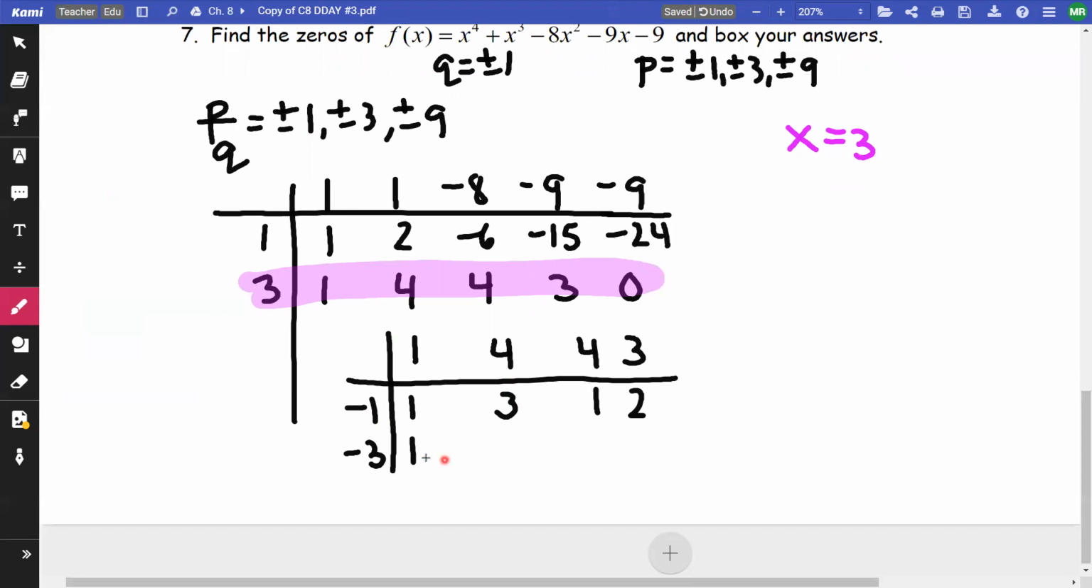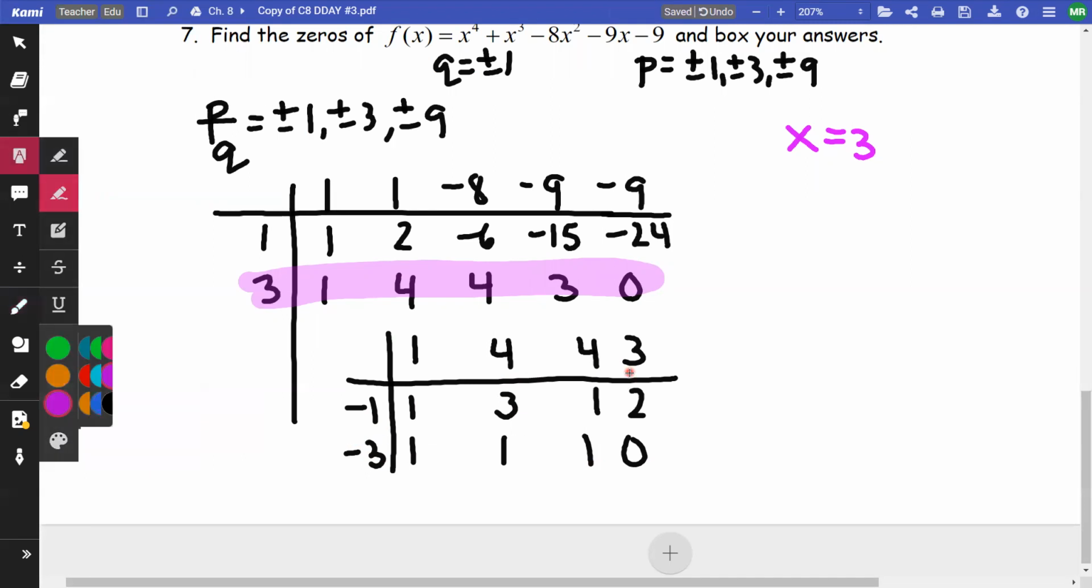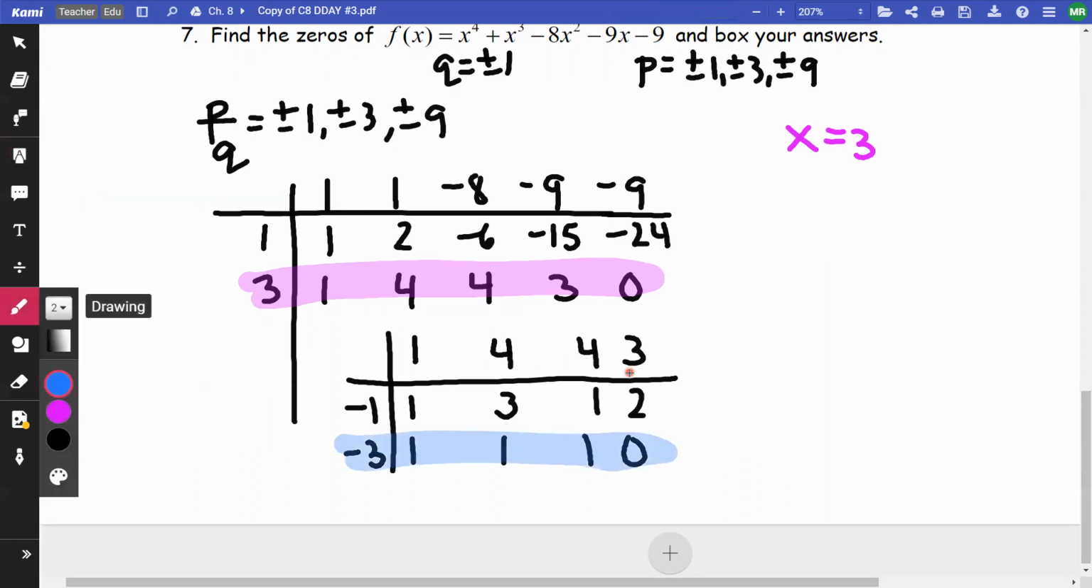Bring down my 1. 1 times -3 is -3. I add it, I get 1. 1 times -3 is -3. I add it, I get 1. 1 times -3 is -3. I add it, I get 0. So now I found a second 0. So I have x equals 3, and x equals -3, and I am left with